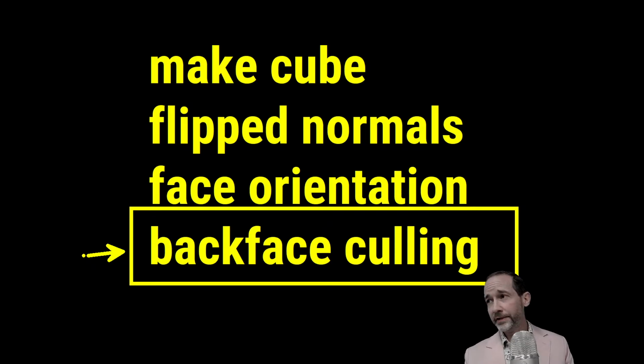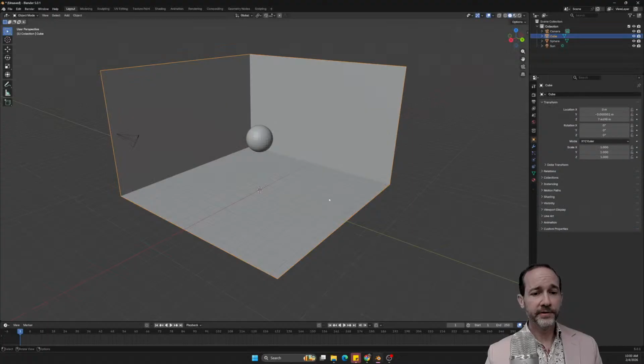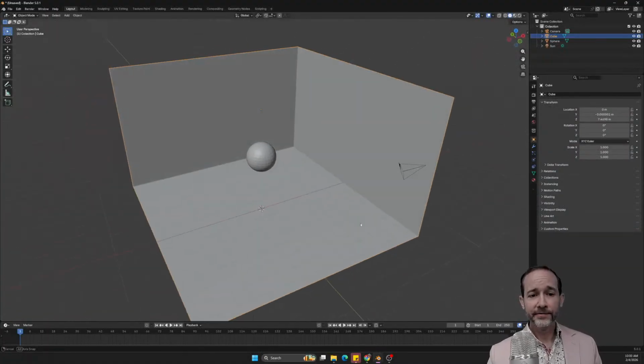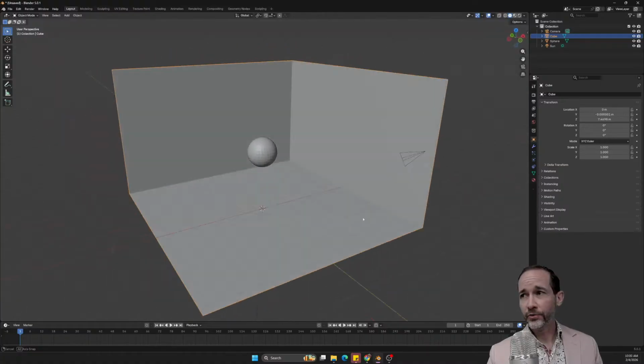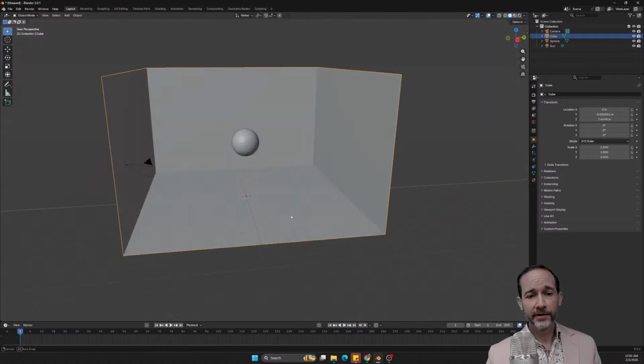And so people will make things in Blender, they'll bring them into Unity, and they're like, hey, I look at it and parts of it are invisible. That's because they're inside out or facing the wrong direction, something like that. There's ways to adjust all of this in both programs, but this is something you need to understand, right? You can fix it in a variety of ways when it's a problem, or this is a really good example of exploiting this situation in order to create something that works really well from an interior perspective